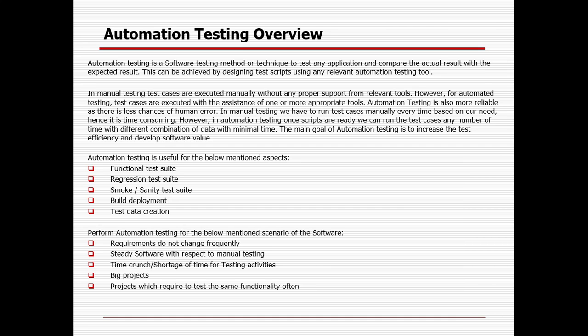So whenever you are running it, you find that everything is a problem. All the scripts are failing not because of defects, but because of changes in your application flow, all this stuff. So unless you are doing the maintenance and running it regularly, an automation project is a big failure. It does not matter which tool, which programming language, which framework you are using.